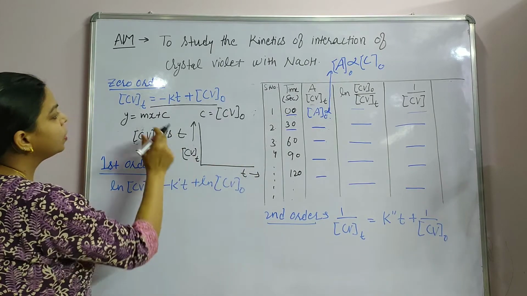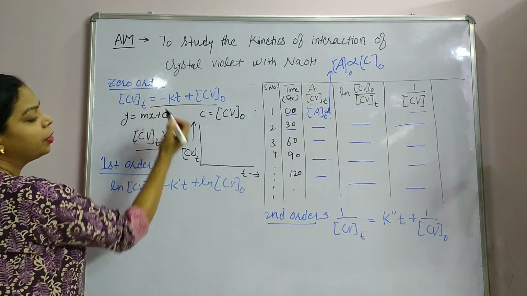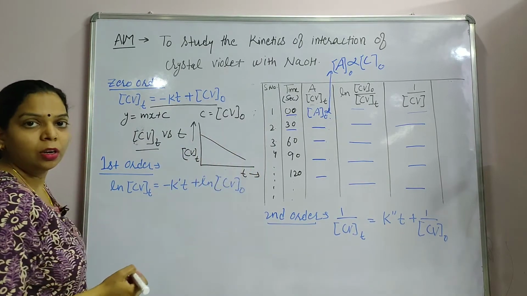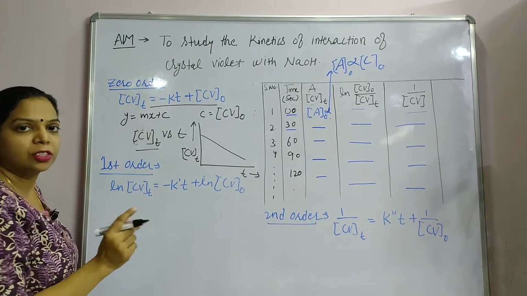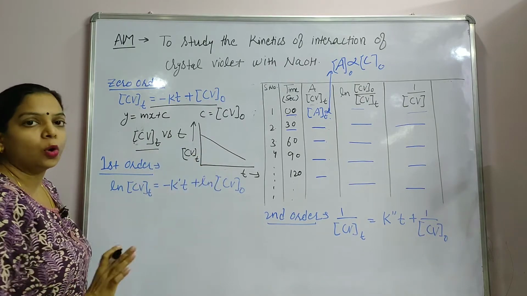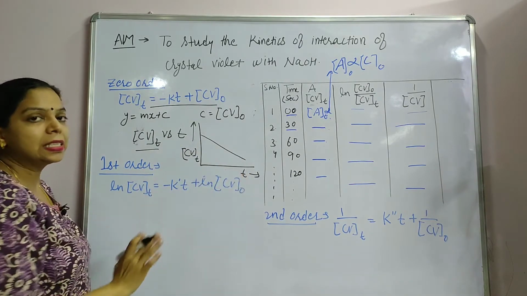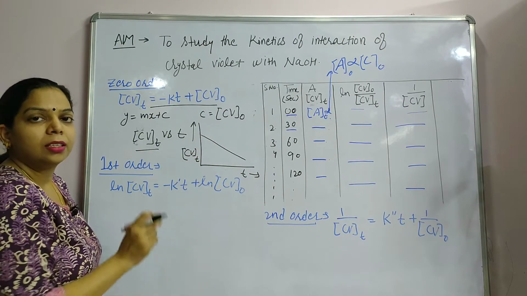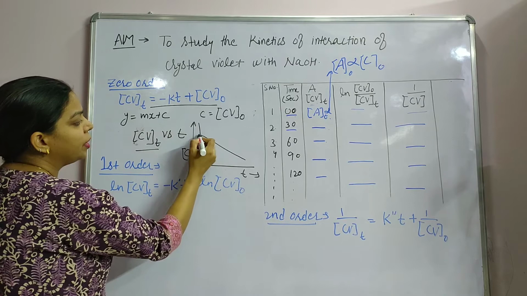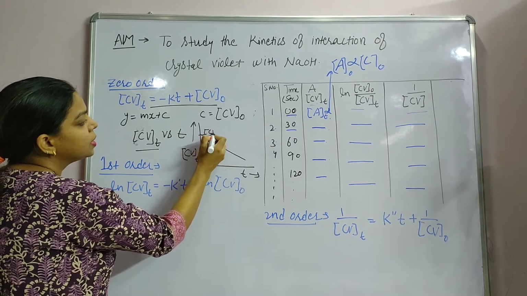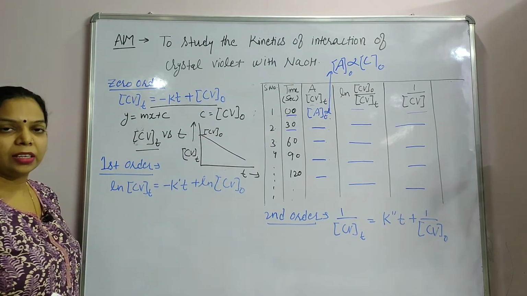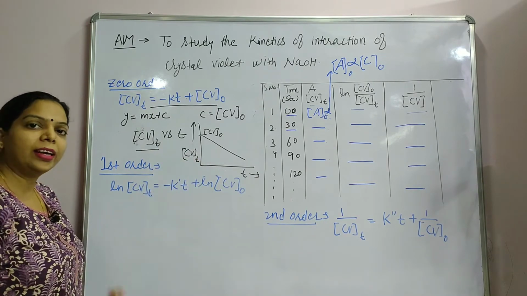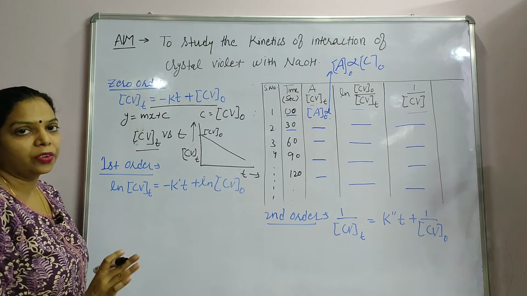Alright, so when you plot, the slope has to be negative. So this kind of curve you will observe for the 0th order reaction. This curve will be followed only when the reaction is 0th order. Otherwise you will get some random points that will not follow the proper criteria. And here you will have CV naught for 0th order reaction. So if your plot is coming out like this, you can directly say this is a 0th order reaction.